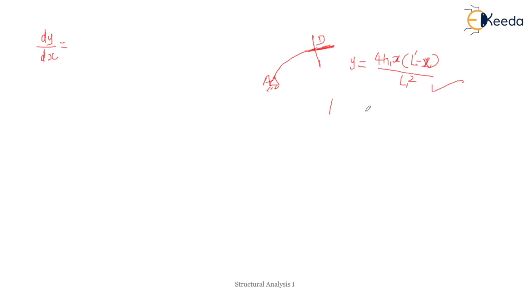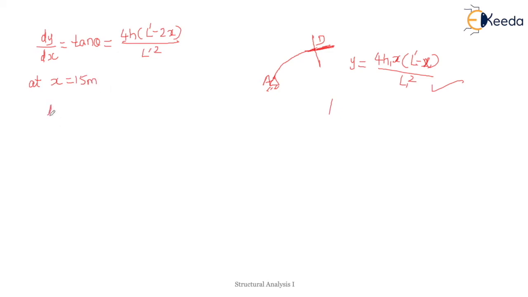When we do dy by dx, which we can also write as tan theta, we will arrive at 4h (l dash minus 2x) by l dash square. So at x equal to 15 meter,